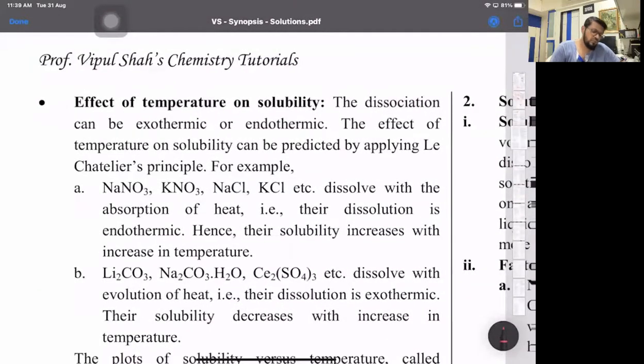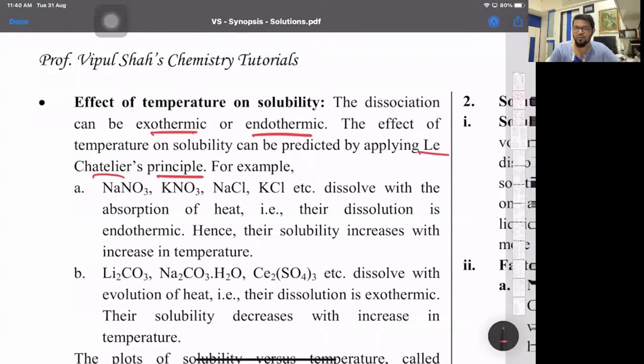Now this dissociation can either be exothermic or it can be endothermic. And that depends upon Le-Chatelier's principle. I hope everybody remembers Le-Chatelier's principle. What was Le-Chatelier's principle? When any new stress is added at equilibrium. What is stress? Addition or subtraction of the solute, or increase or decrease of pressure, temperature, or volume. So any new stress added at equilibrium is nullified, and to nullify the stress, the equilibrium may shift either towards the right or towards the left.